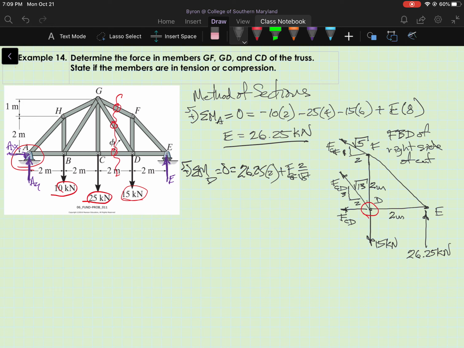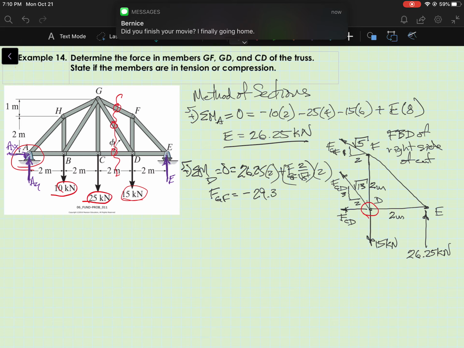And then its moment arm is going to be 2 meters. Okay, and if you do that math, solve for FGF. Obviously, FGF is going to come out negative. FGF equals negative 29.35